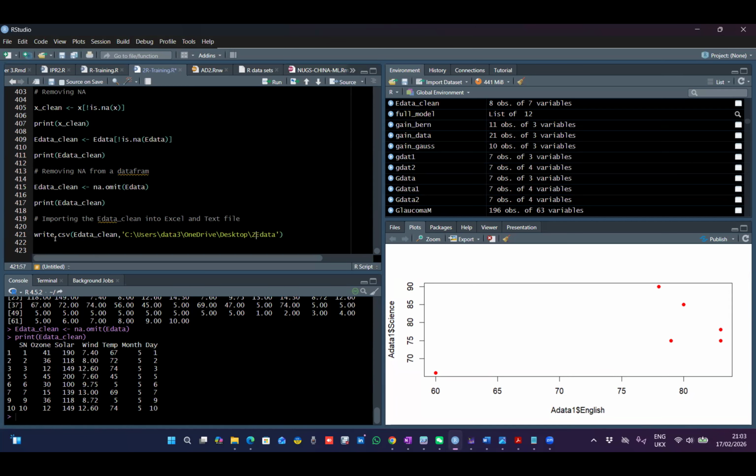Then you should know that there's an extension, .csv. It should be small letters, please, not capital. CSV, that's the extension name. So what I'm going to do now, let me explain it again. This is the data you have cleaned, so you put it at this first side. Now, when you're moving this through this link onto the desktop,